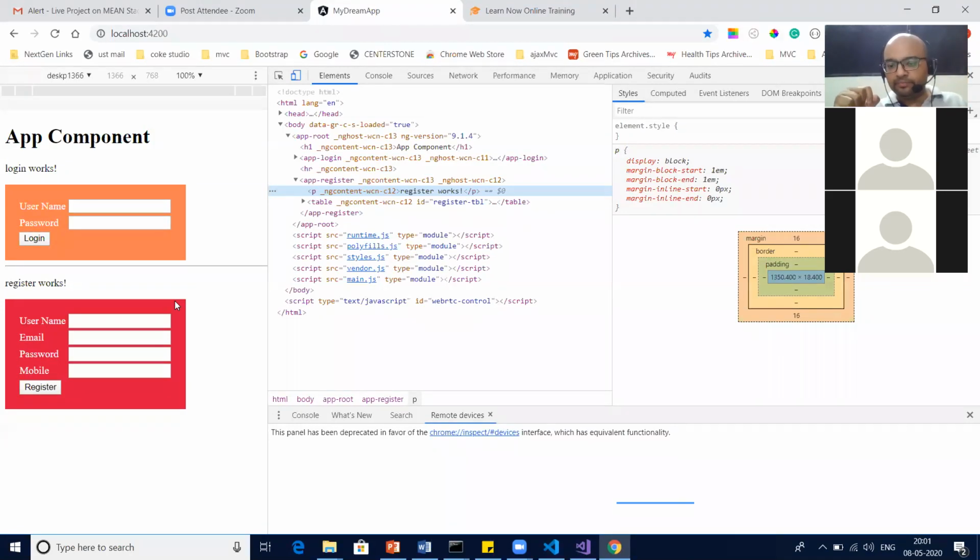What do you say, guys? When you have reached this far, I would suggest let's take this one only and do some dynamic part. Yes, I also agree. Let's do it over here only.